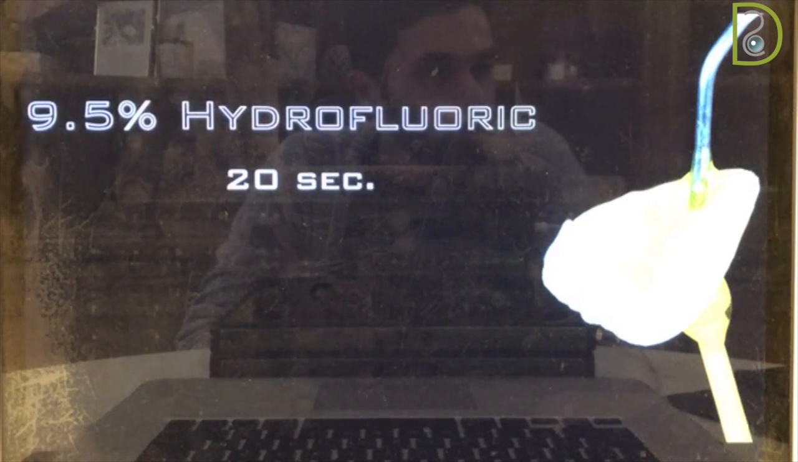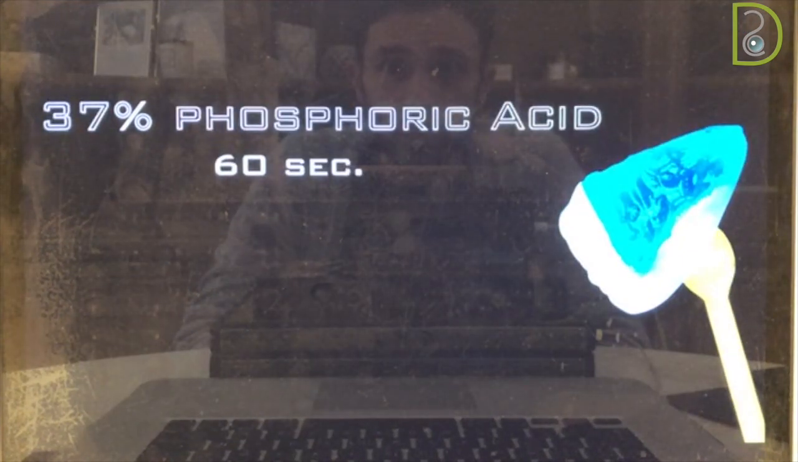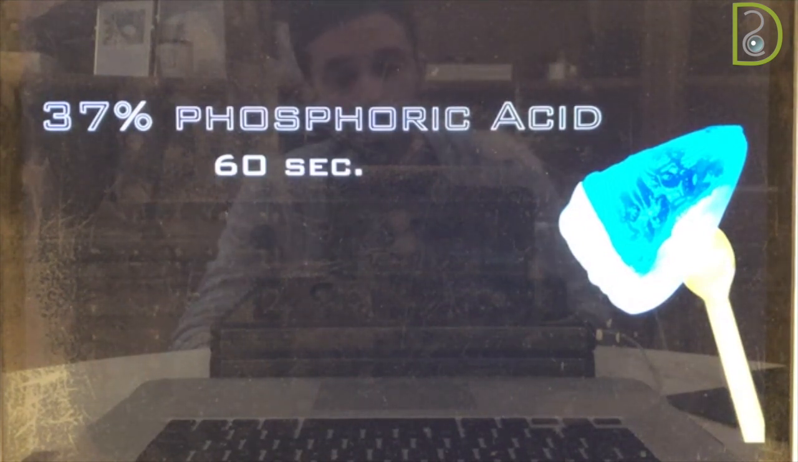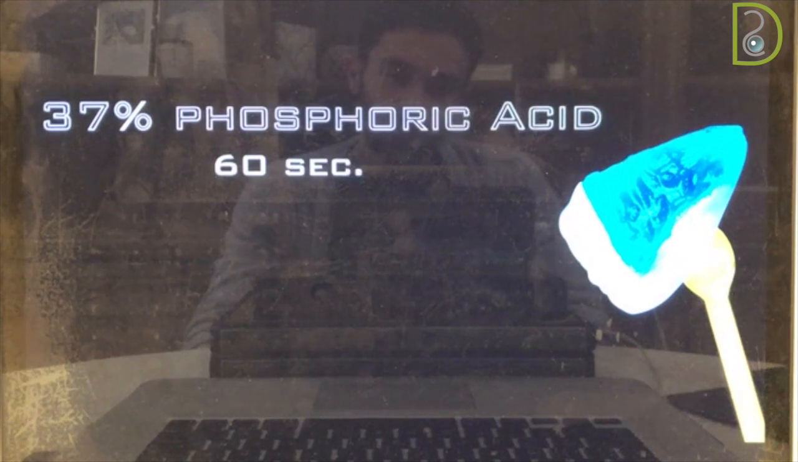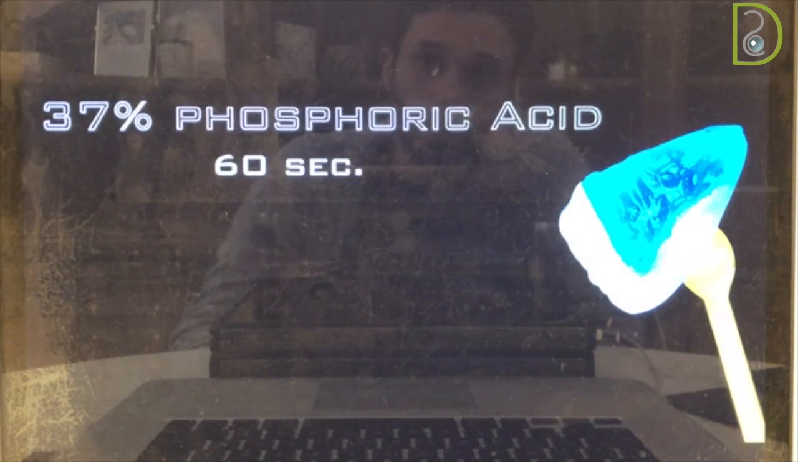So if it was chalky, you see these white dots, it means you created a solid debris that has to be removed. And what you can use here is phosphoric acid for 60 seconds to remove that layer. Another reason why you should have the 37% phosphoric acid is,